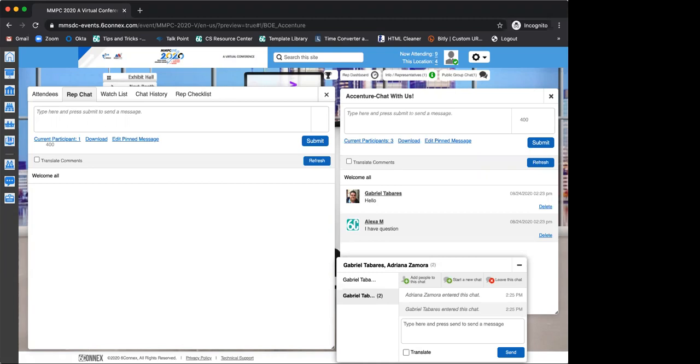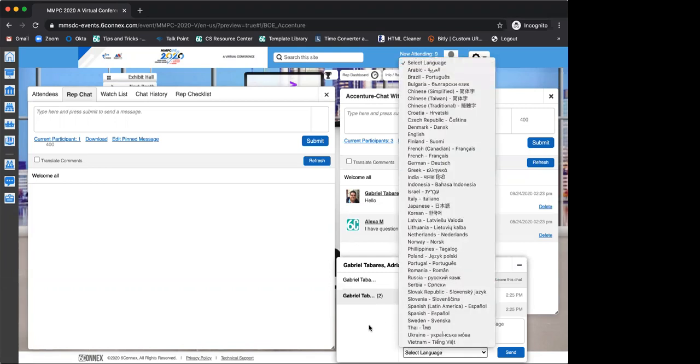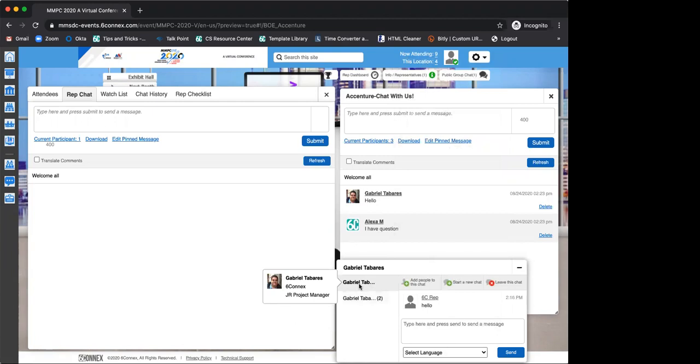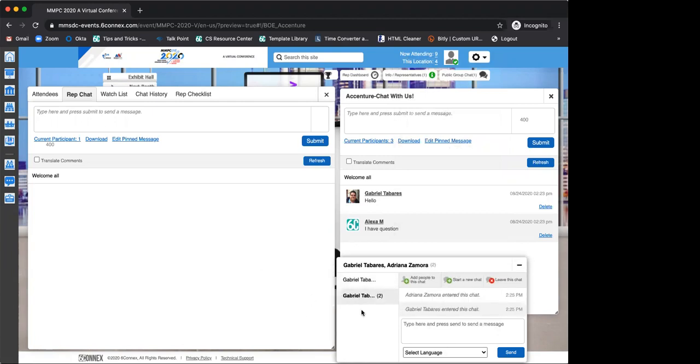Thank you, Tamika. Okay, so this is the way, as I was saying, that you can add someone else to chat with you, okay? So they can see this. Here in the one-on-ones, by the way, you have the option to translate if you need to. I mean, probably you won't need to, but just in case. Now, keep in mind something. Once you add someone else, as you can see, I was chatting with Gabriel, but as soon as I added Adriana to this chat, now I have a second tab, okay?